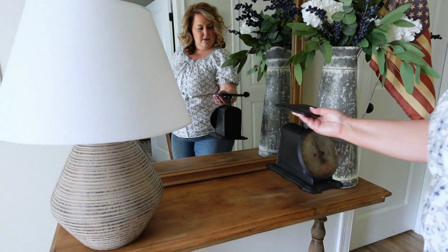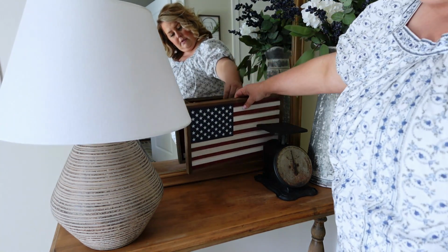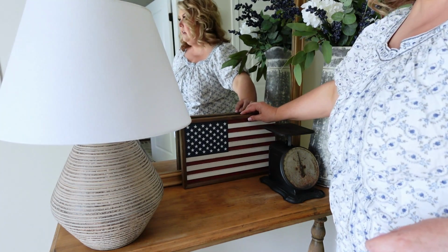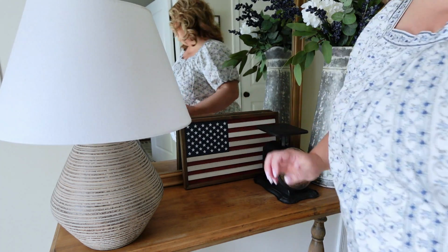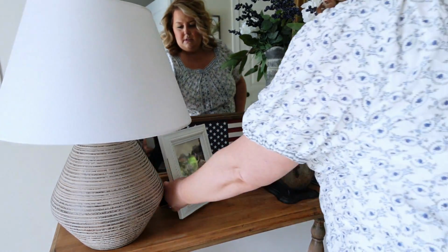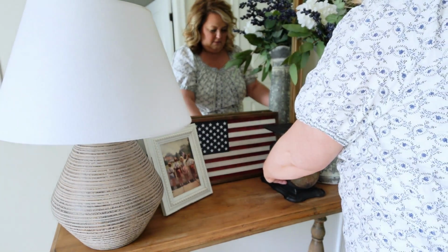And now we're just going to bring in some antique pieces. I'm starting off with this gorgeous scale that I picked up, of course, at Scranton's. And that wooden flag there is from Big Lots. I picked that up last year and kind of grabbed it on a whim, and I think it's really beautiful. And then we're just going to tuck in this little vintage picture here